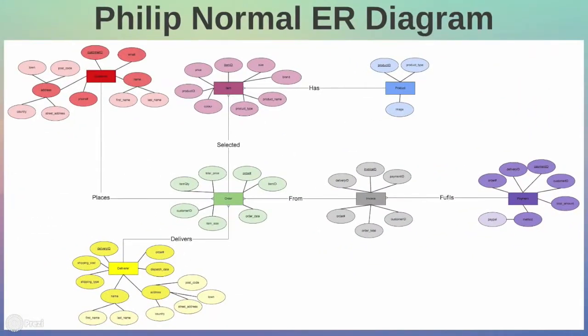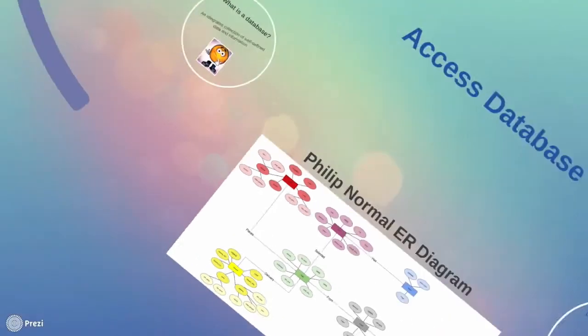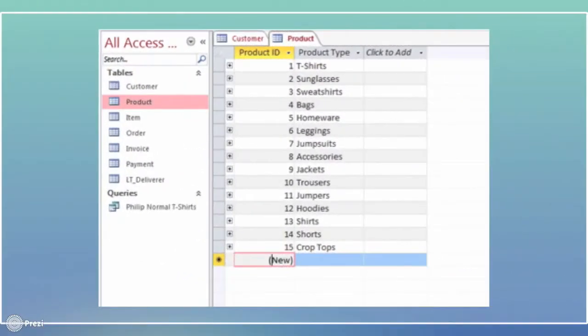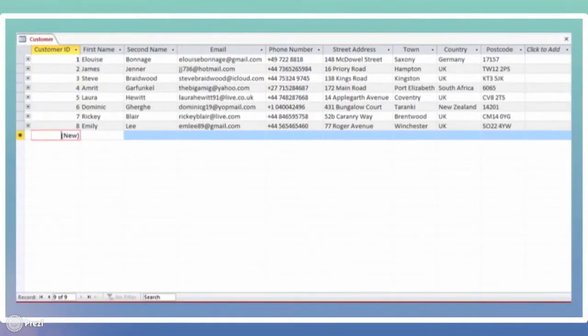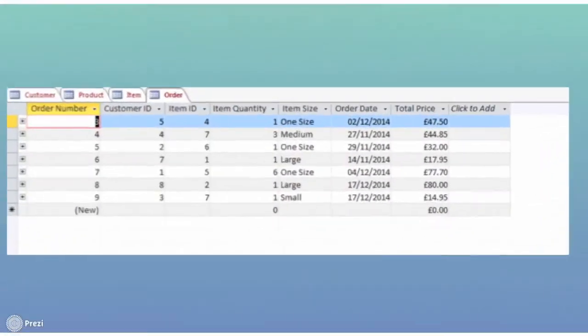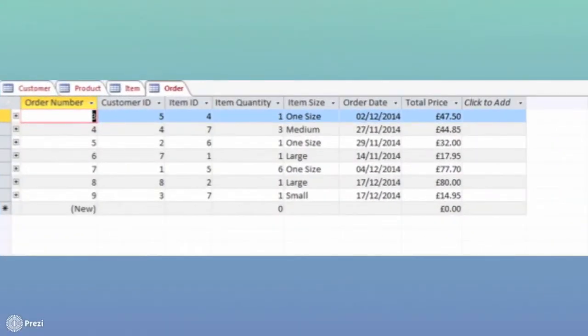Philip Normal's ER diagram gives the basis and key information on building the original database structure, so it can be turned into this. As you can see, all the entities are on the side and have been made into tables. This is the product table, keeping track of all products, the customer table, keeping track of all customer details, the item table, which lists all items they have, the order table keeps track of all customer orders,